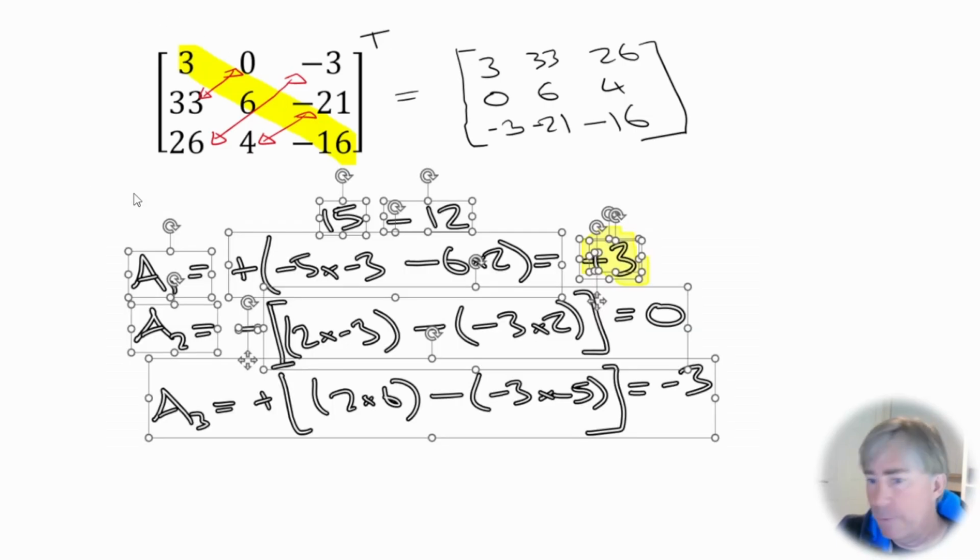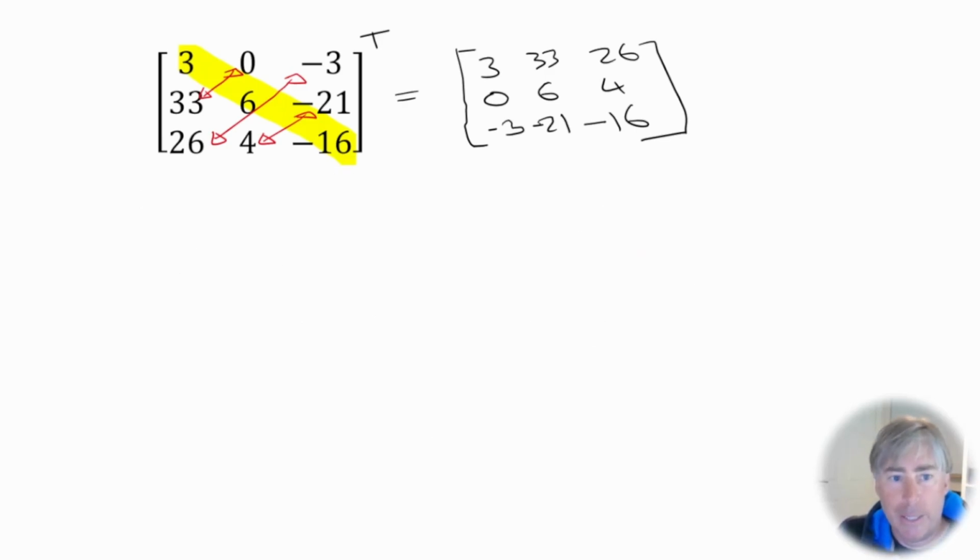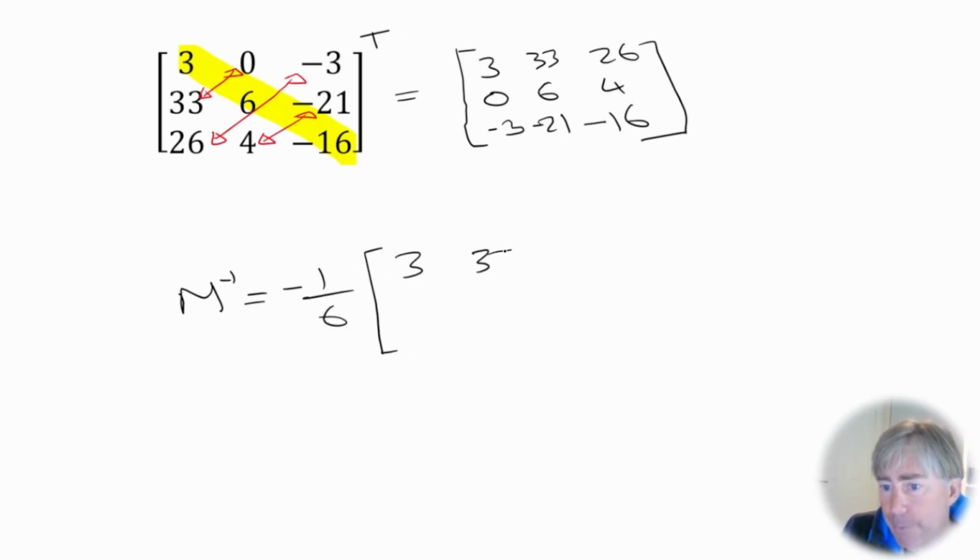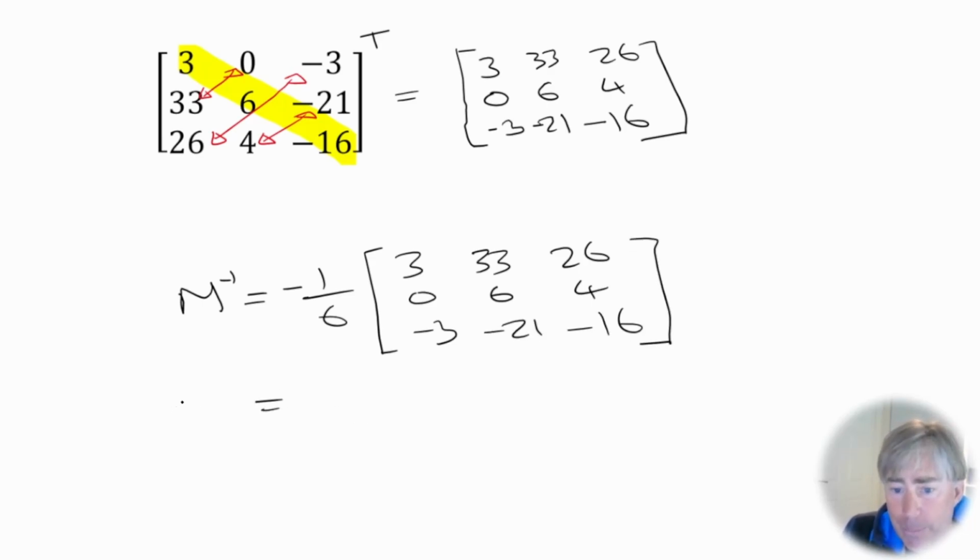So let's get rid of all of that working, and I'm now going to finalize my inverse matrix of M. So M minus 1 is, if you remember, my determinant was negative 6, so I take my reciprocal, multiply that by my adjugate or adjoint, making sure that I correctly copy down my values. Another easy point where you might make a mistake. And what I'm going to do, which is fairly standard, is to multiply my negative 6 through into my matrix